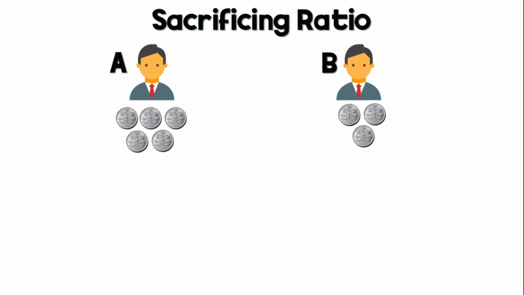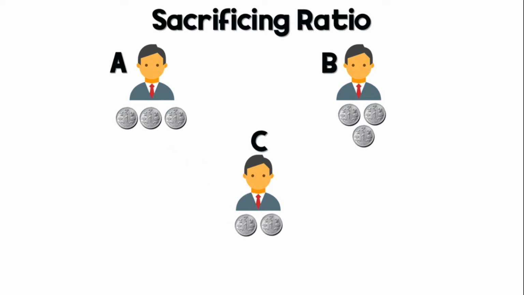So sacrificing ratio works like this. Imagine there are two partners A and B who are sharing profit. Previously, if they got 8 rupees profit, they used to share it as 5 rupees and 3 rupees. What if a new partner enters the business? In this case, C is a partner who is entering the business, but now the profit sharing ratio will be changed because C will get some portion of profit from A and also from B. This is called a sacrificing ratio for A and B.